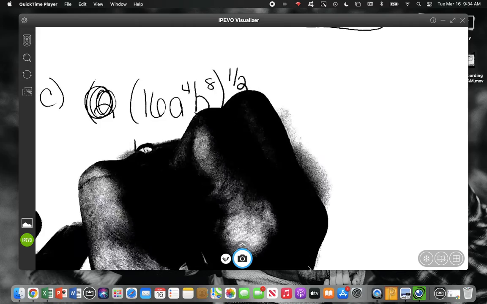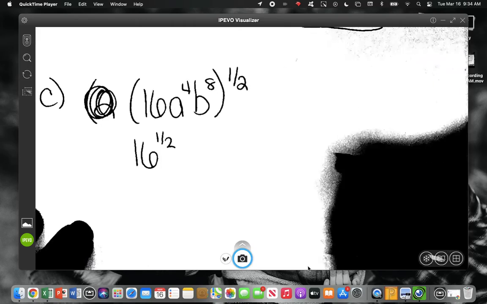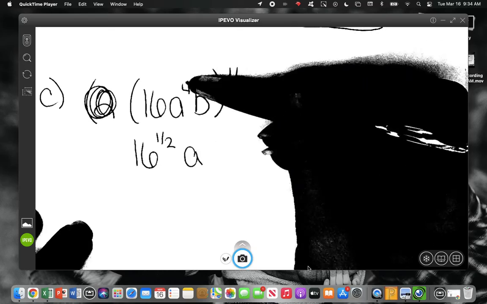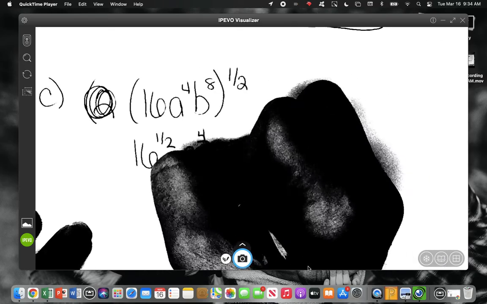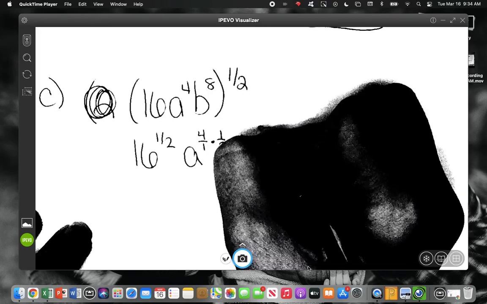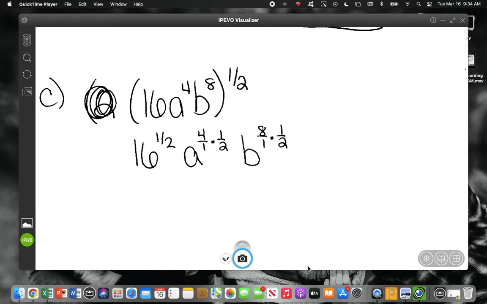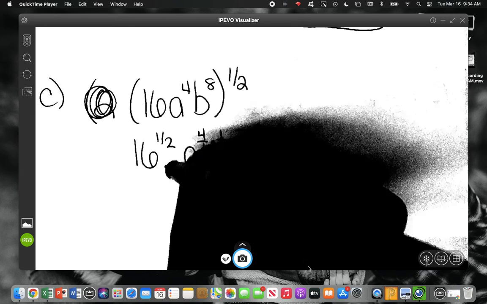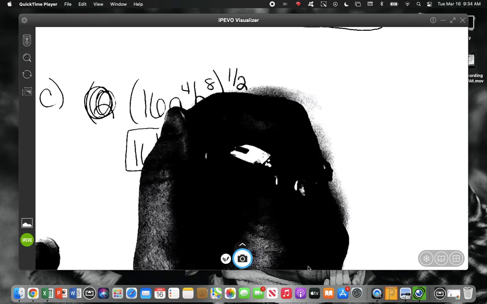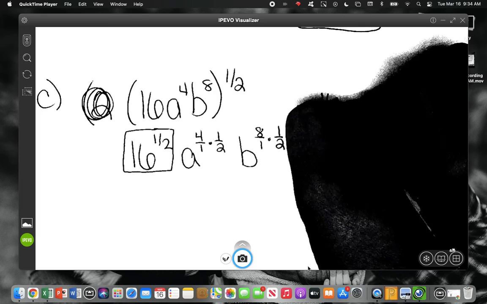So we are going to evaluate 16 to the 1/2 power. Now for your A's, I'm going to just make 4/1 a fraction times 1/2, and then B to the 8/1 times 1/2. 16 times 8, or how would that work? All right. So we talked about this yesterday. We talked about evaluating 16 to the 1/2 power yesterday. So let's just, off to the side,